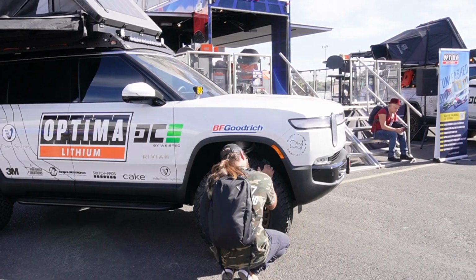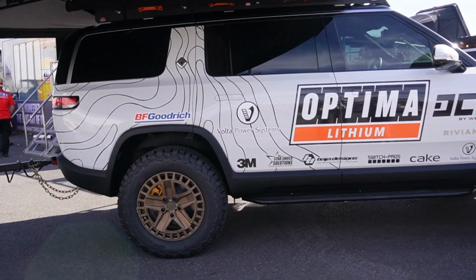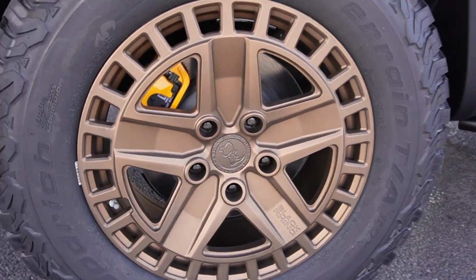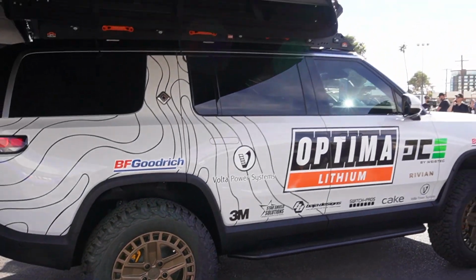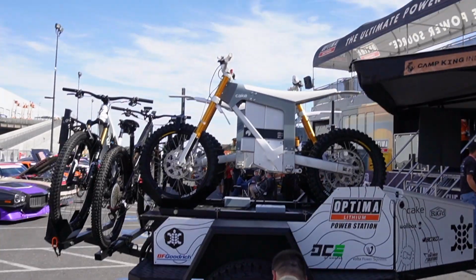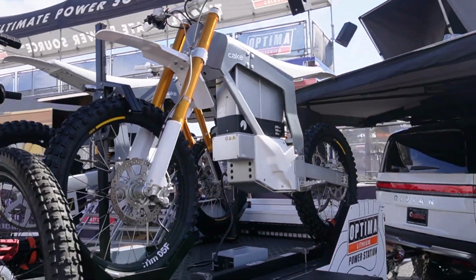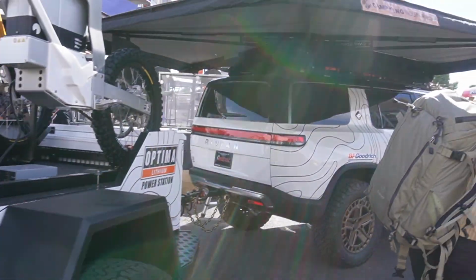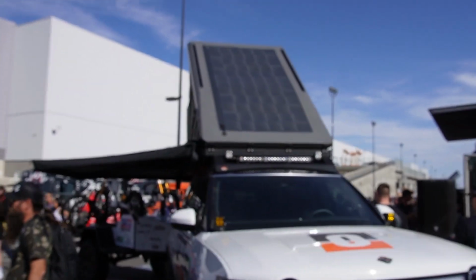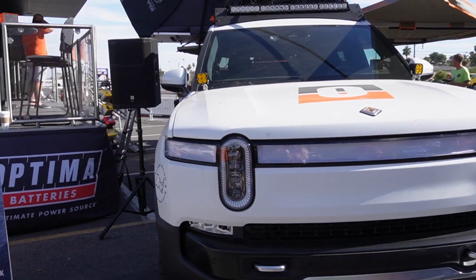I found this Rivian R1S on the outside of SEMA Show. Got some Black Rhino wheels on it. Looks pretty cool. With the tent on the top, and then towing some cool looking electric bike in the back here. There's actually a solar panel on the top of the camper right there too. Pretty cool. And just right next to it is a